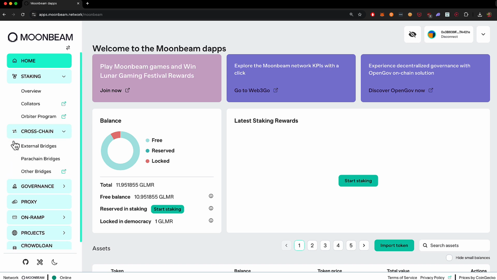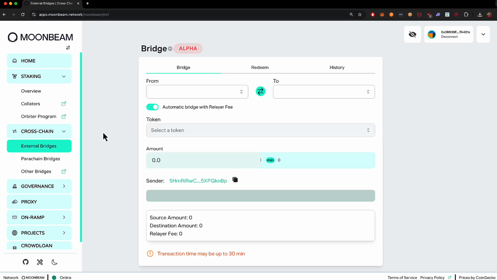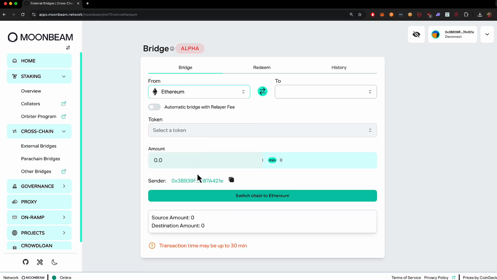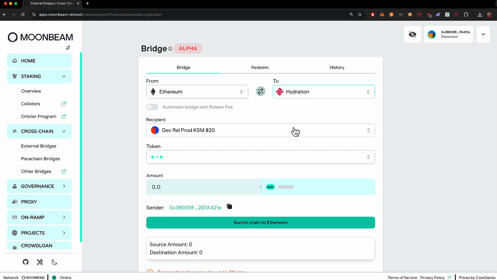Heading down to cross-chain, we do have some new things here, and if I go to external bridges, the first thing you'll see here is that this is in alpha, but this is integrating MRL into the Moonbeam dApp, or Moonbeam Routed Liquidity. Now, MRL facilitates the movement of assets from outside of Polkadot through Moonbeam and into a Polkadot parachain. MRL uses Wormhole to get the assets from outside Polkadot into Moonbeam, where they are then instantly sent over to their destination parachain. So as an example, let's say that you wanted to move from Ethereum over to Hydration,